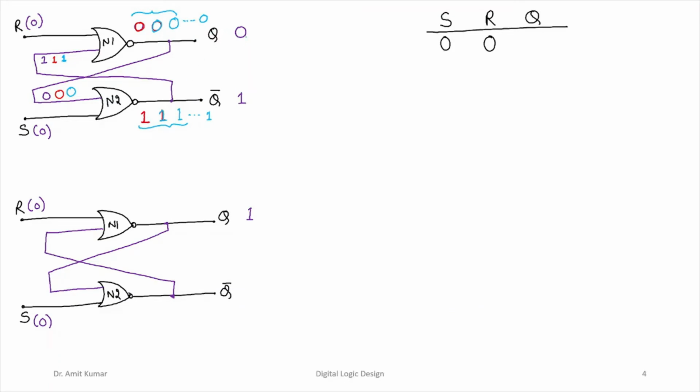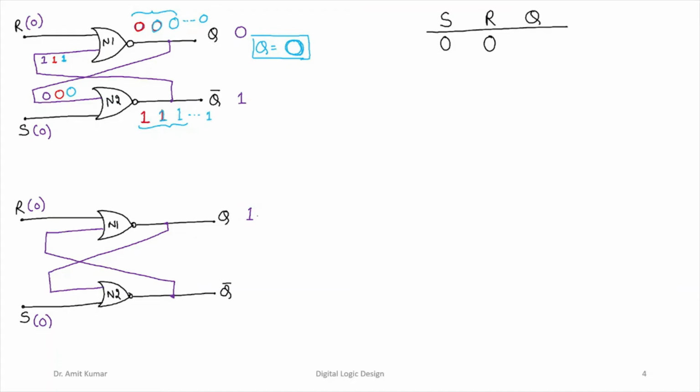So what we can say is, if previously we have a 0, and we provide the S and R inputs to be 0 and 0, even after providing these inputs, we will be retaining this same value, that is 0. So the output Q will always retain this value 0. It will be fixed at this particular level 0. Now we will look at this particular case